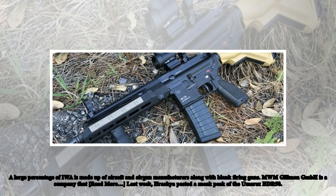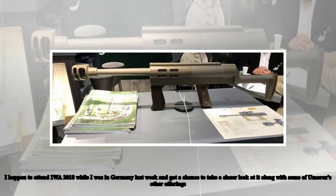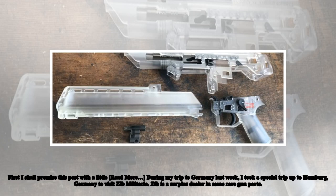Last week, Rachel posted a sneak peek of the Umarex HDR50. I happened to attend IWA 2018 while I was in Germany last week and got a chance to take a closer look at it along with some of Umarex's other offerings. First, I shall premise this post with a little